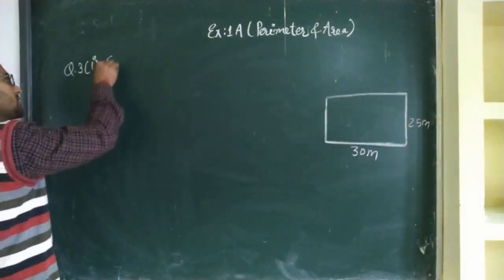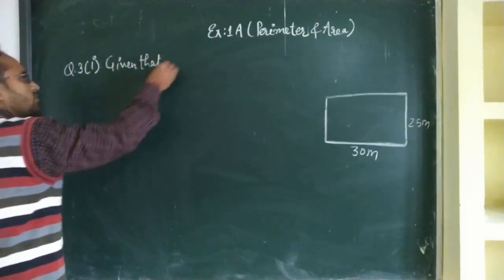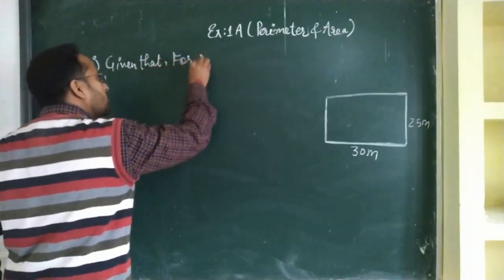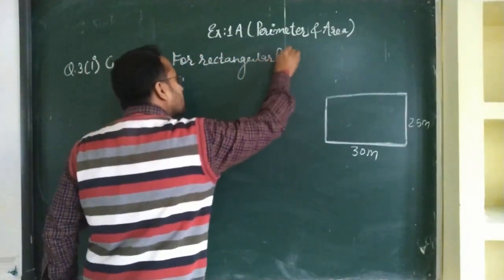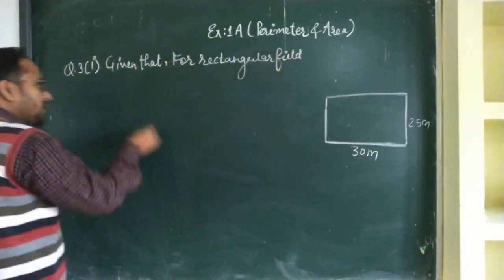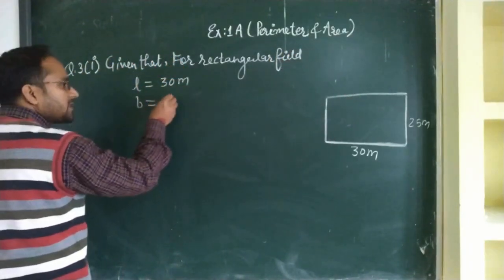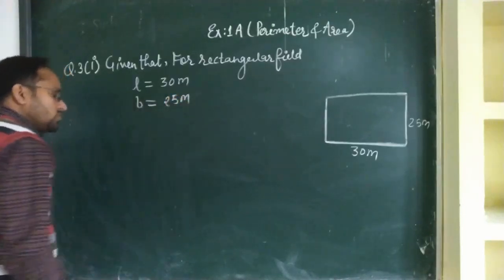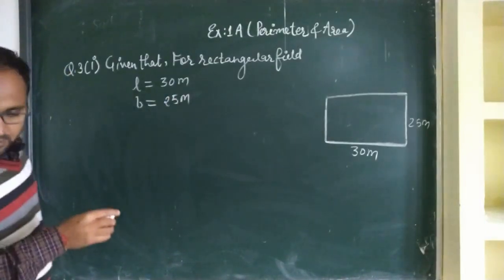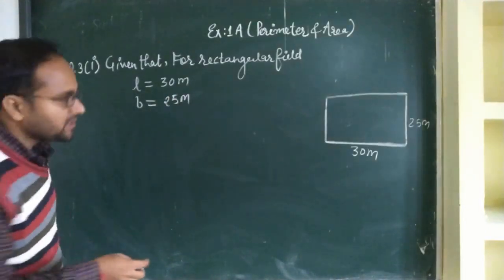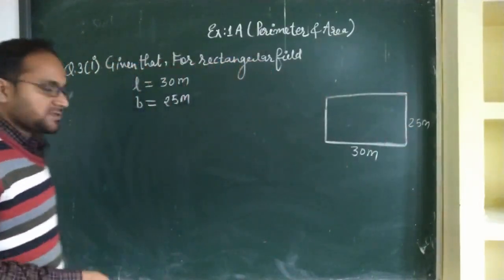So for this question, given that for the rectangular field, length is 30 meter and breadth is 25 meter. So total length means the perimeter of the wall. What is the length of the wall which will enclose it? Means this field is enclosed by this wall. So what is the length of this? So the perimeter